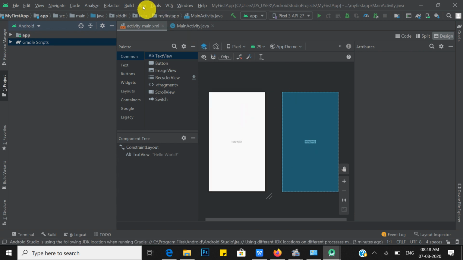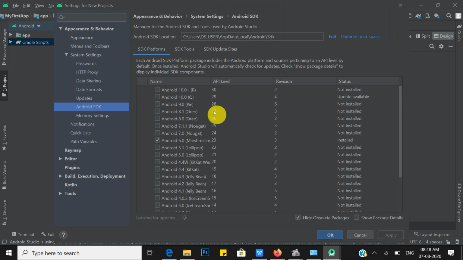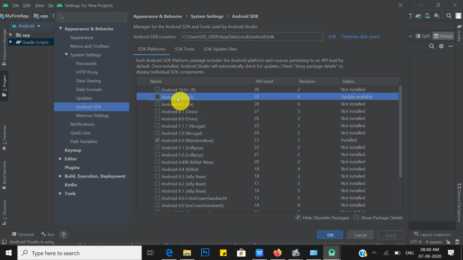Great. So after that, the SDK manager is there. In the SDK manager, you see which SDKs are supported, that is Android. My machine supports Android 10.0 Q. I have installed that API, supporting API level 29. Great. I hope you understand all these basic settings of Android Studio.